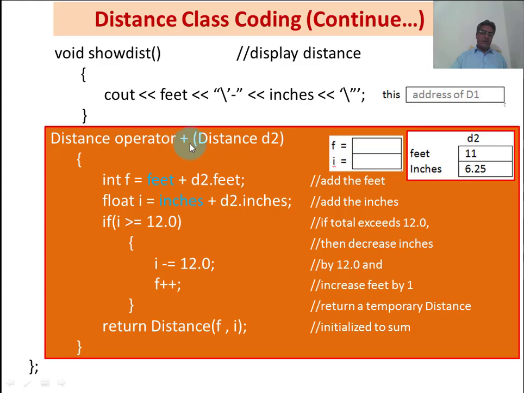This is the name of the function, that is plus, which we are using instead of the add function. When we use a symbol as a function name, the computer understands that this is a function, but it will behave just like an operator. So for an operator function we use a symbol. But for a common function we cannot use a symbol as the name of the function. It is allowed only for operators, so we use the keyword operator.